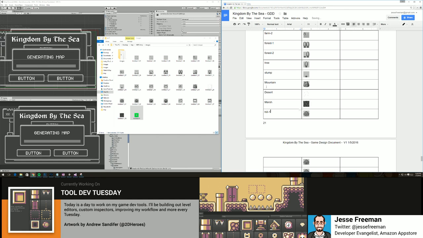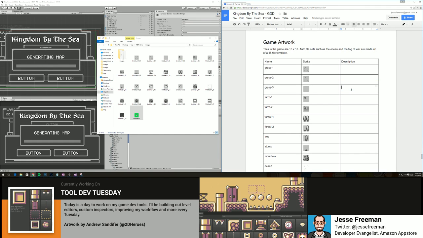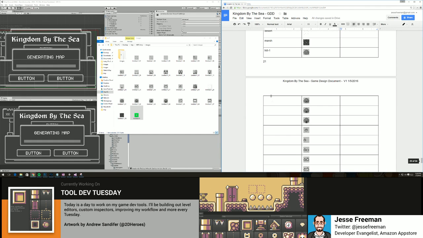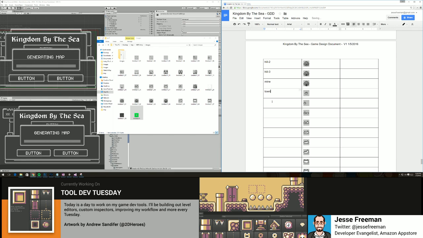hill 1. Why did I start capitalizing these things all of a sudden? I'll add descriptions later. The description really is, if I'm working with an artist, very specific: I need this to look like this or that. Hill, this sentence made no sense. 3, and then this is a mine, this is a town, and this is the hut,